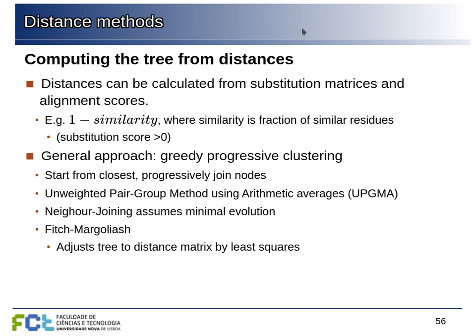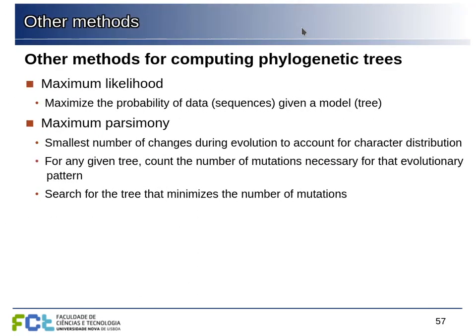So we have different approaches here, but the idea is always the same, trying to create this representation, this tree, that organizes the data according to that matrix that we have with the pairwise distances. In some cases, we cannot really use distance methods because we may not have a good measure of distances between the elements we are trying to organize.